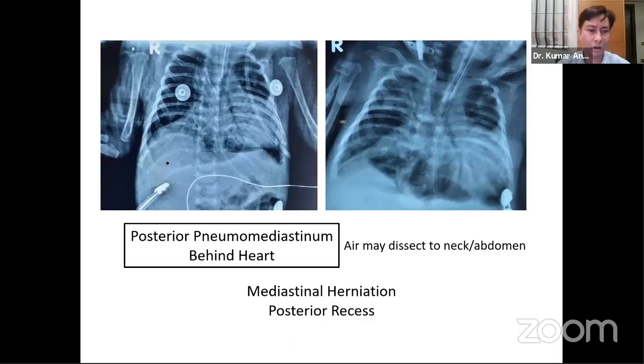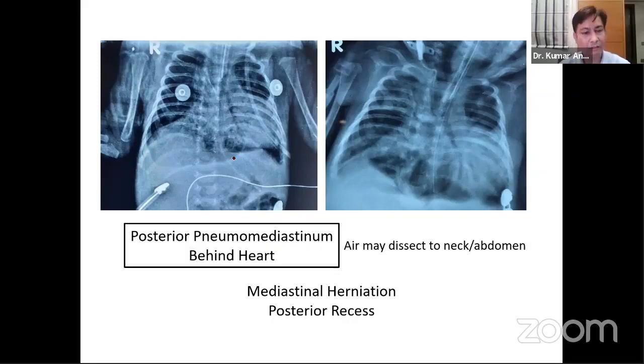So you can find a lot of air in front of your heart. If you find a lot of air in front of the heart, but your pleural margin is intact, this type of air is mainly behind the heart, which is known as the posterior mediastinum. If you don't treat these patients, sometimes air may dissect to the neck and compress the air vessels, and sometimes lead to embolism. And many a time this air can cross to the abdomen and lead to an air leak in the abdomen, pneumoperitoneum.